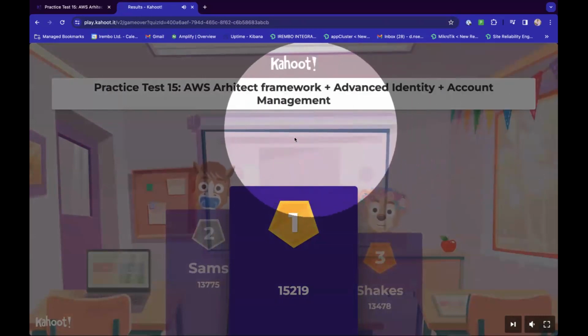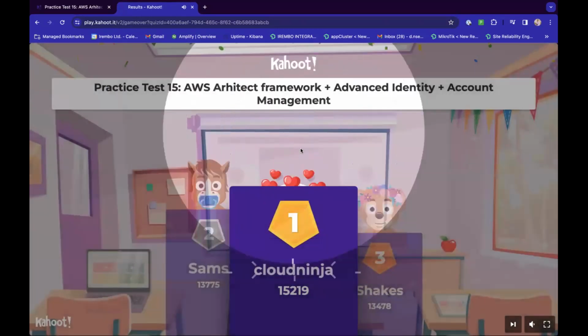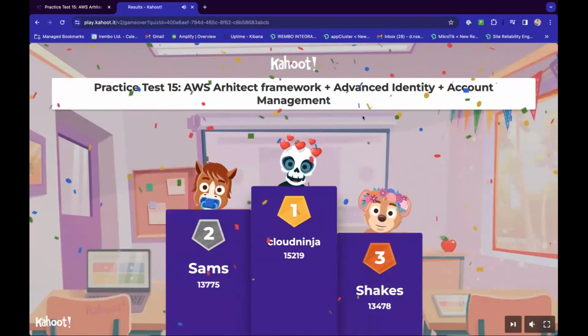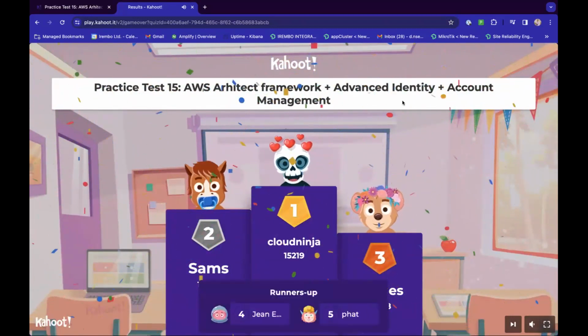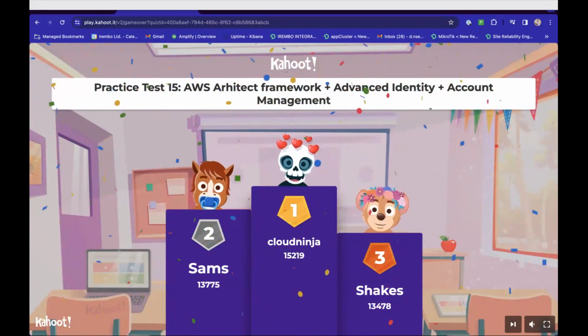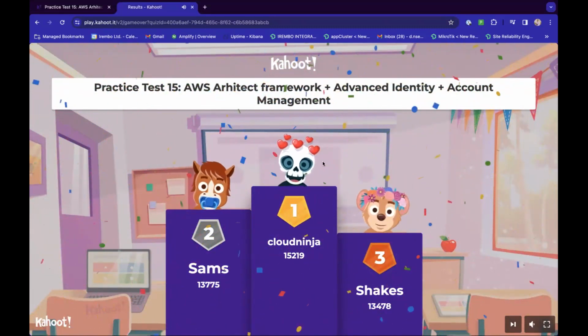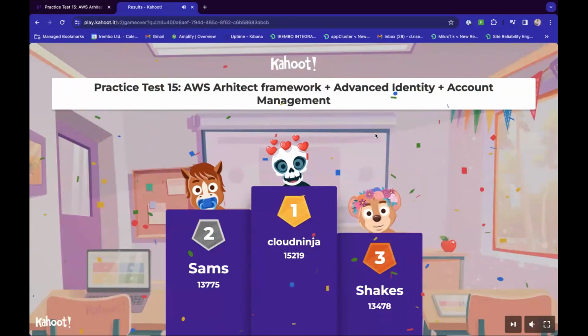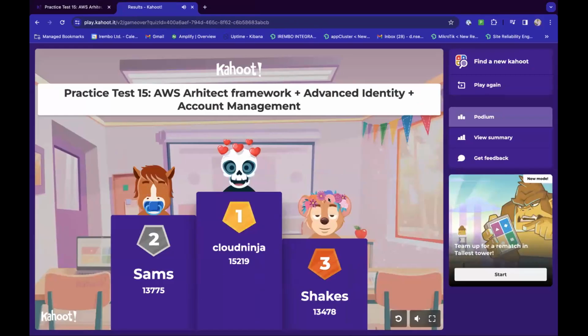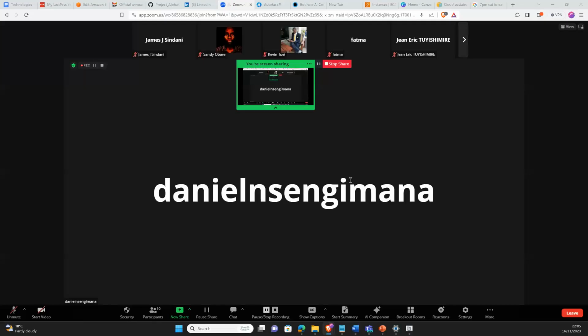Okay. So yeah, I think Cloud Ninja got it. Congratulations to Cloud Ninja. So we are ahead of time, but maybe before we close, so James, let me just give you a few minutes to touch on that before we close. Let me just stop sharing my screen. Okay, so yeah, James, I think you can go on. Okay, screen is visible. Nice.